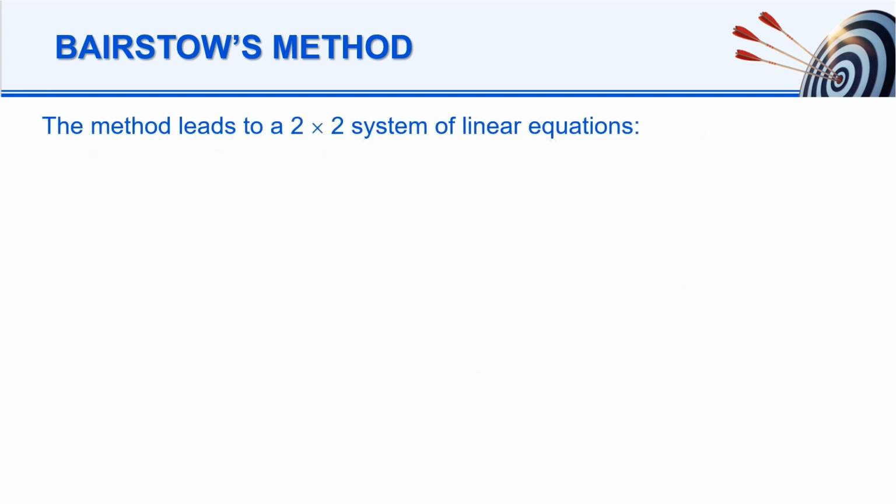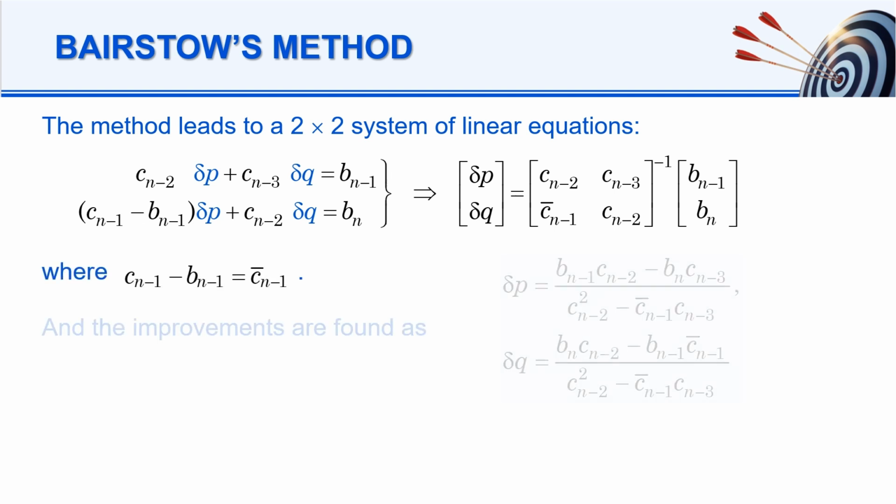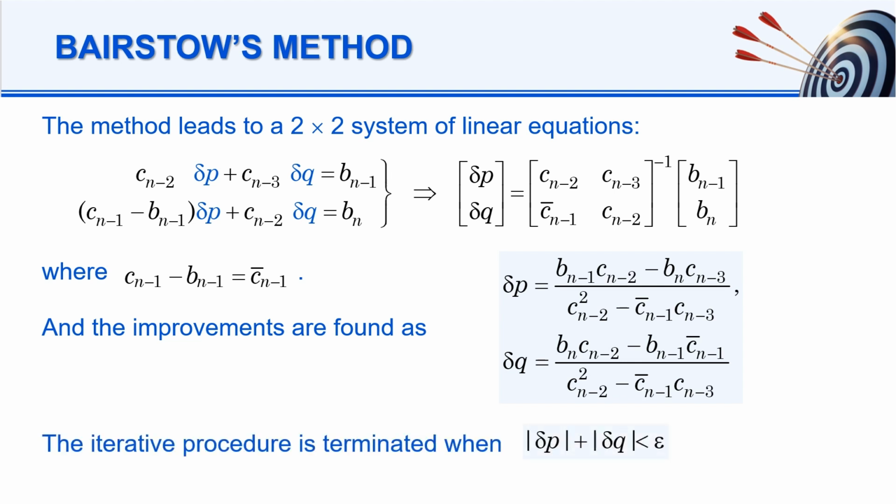The method leads to the following 2-by-2 system of linear equations, where c bar sub n-1 is set to c sub n-1 minus b sub n-1. Solving the system using Cramer's rule, the improvements are found as follows. The iterative procedure is terminated when the sum of the absolute values of delta p and delta q is less